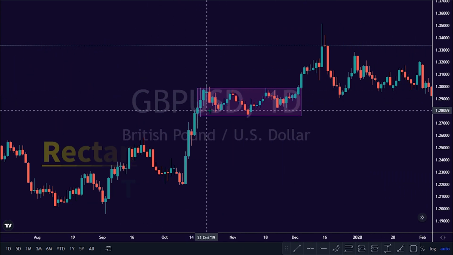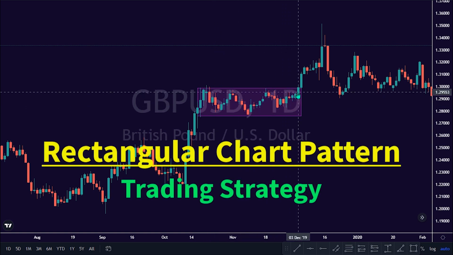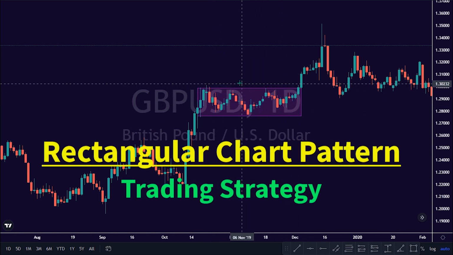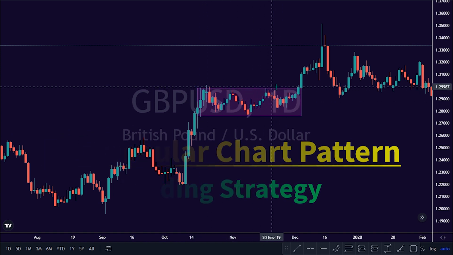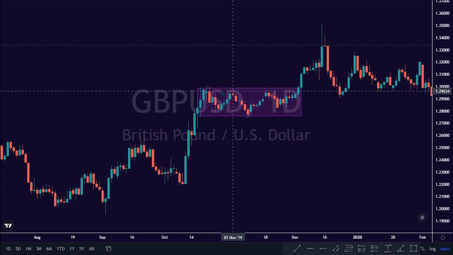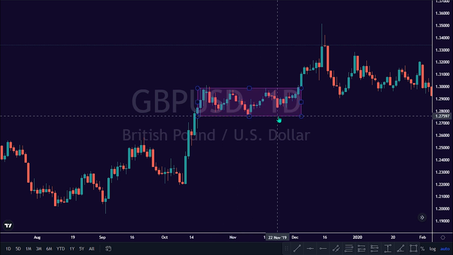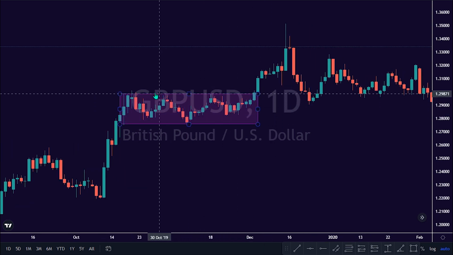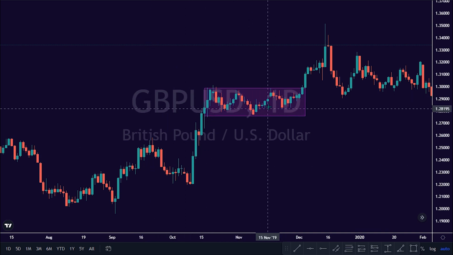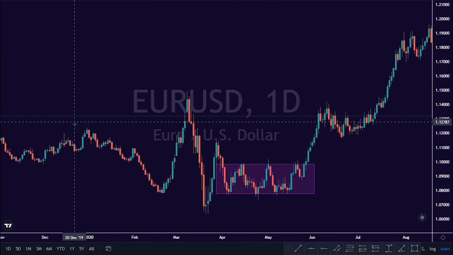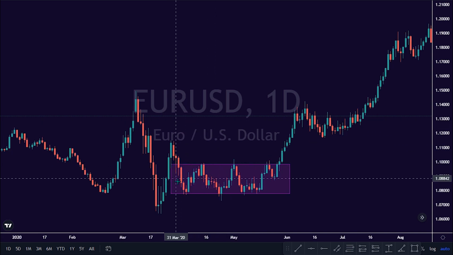The next long-term pattern on our list is the rectangle chart pattern. A rectangle pattern is a chart pattern that has an upper resistance horizontal line and a lower support horizontal line. The rectangle pattern can exist at the top of an extended bullish trend or at the low of an extended